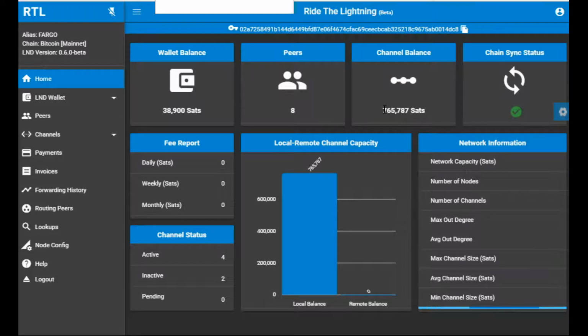This is what my capacity is. So the higher your capacity, the better, the more transactions and the larger transactions you can actually process. So as a rule of thumb,